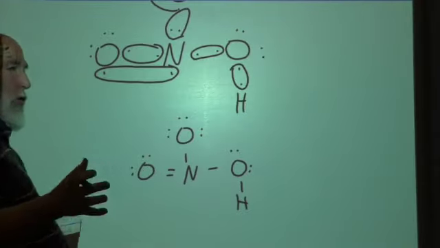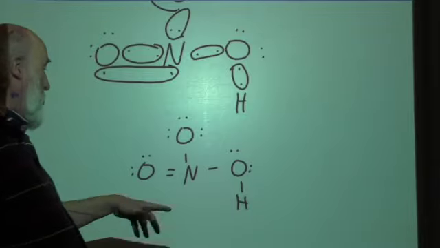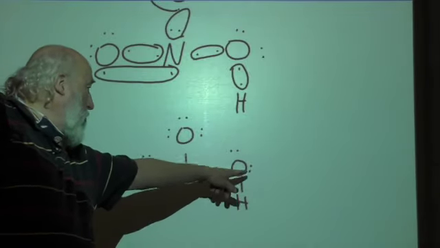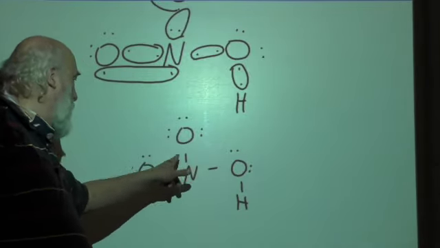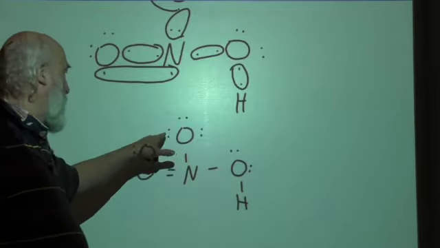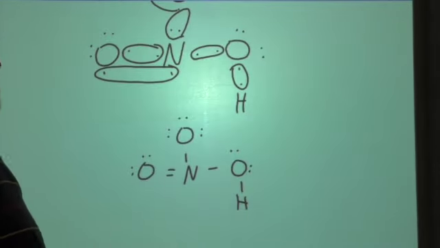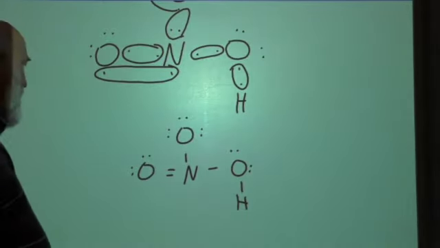Go through, make sure every atom has 8 electrons except hydrogen, which has only 2, which it does. Oxygen 2, 4, 6, 8. Nitrogen 2, 4, 6, 8. Oxygen 2, 4, 6, 8. Oxygen 2, 4, 6, 8. Octet rule satisfied, as well as the duet corollary. Now,